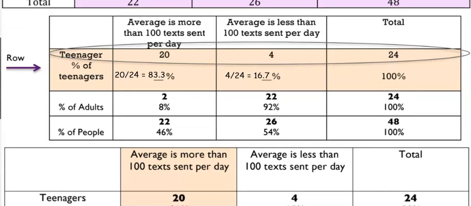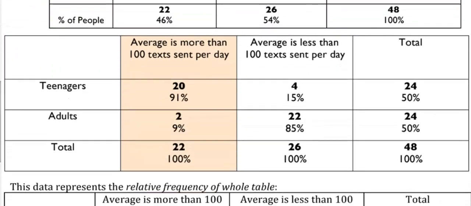Then if you come down here, we want to just look at a relative frequency table by column. That means we're just looking at the people that send more than 100 texts per day. We're ignoring the rest of this. So this tells us that 20 of the 22 people that send more than 100 texts per day are teenagers from her study here. So 91% of those that are sending more than 100 texts per day are teenagers, according